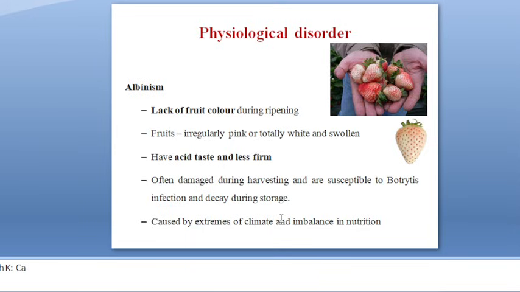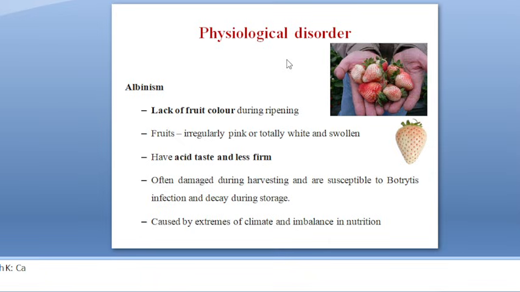And even too high a temperature is also not good for strawberry cultivation. So this is the only important disorder in case of strawberry cultivation. I think you might know the difference between disease as well as disorder. Disease means, suppose if there are some symptoms, we can control the disease. But disorder, once it occurs, we cannot control it. It will only lead to huge economic loss.